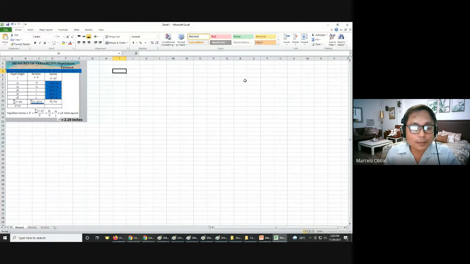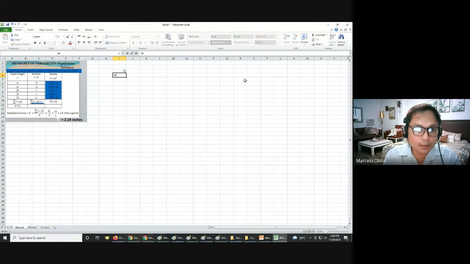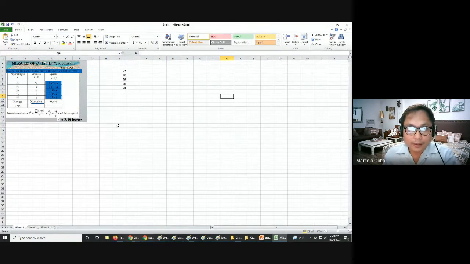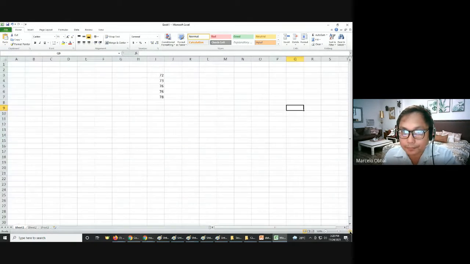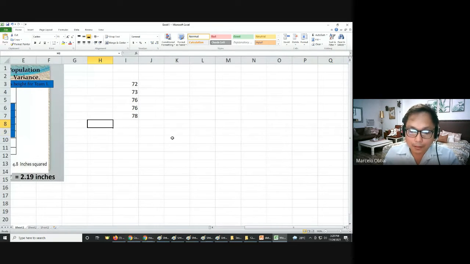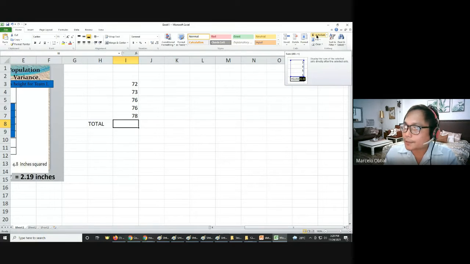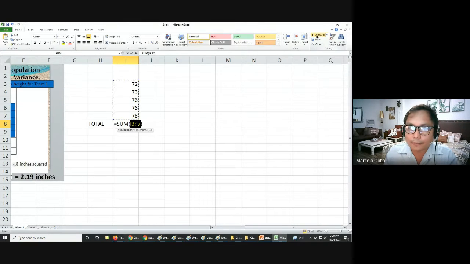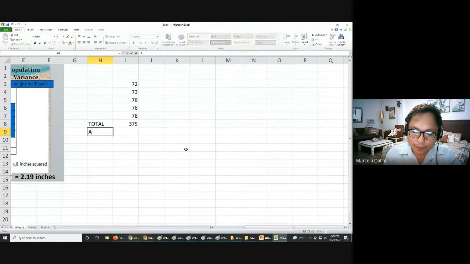Okay, so for students na merong gadget, example, PC or laptop, you take advantage of learning Excel. Okay, the given here is 72, okay, 73, 76, 76, 78. Okay, I will enlarge. Okay, total. Okay, double click. Okay, just double click this side of the Excel. Double click. Okay, 75. Then average.